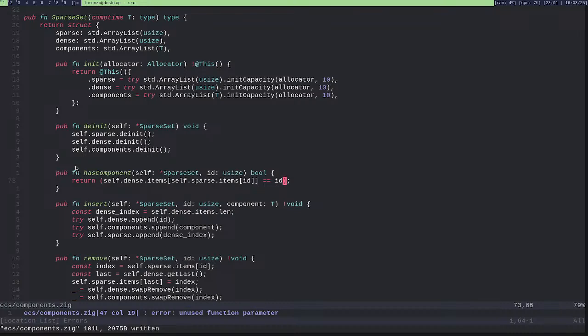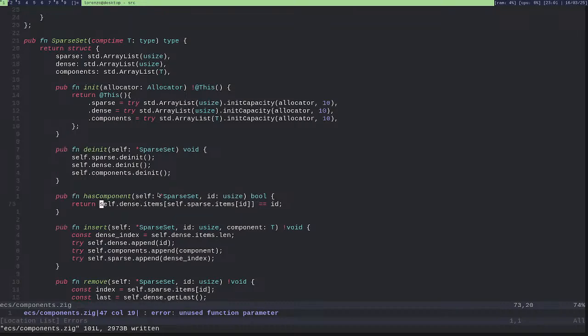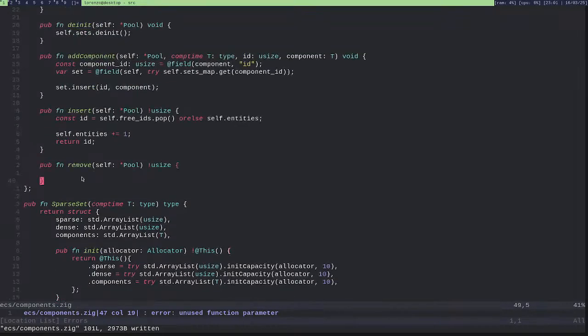So in this case, the entity will have the component, and so also of course I need to know which entity to remove.